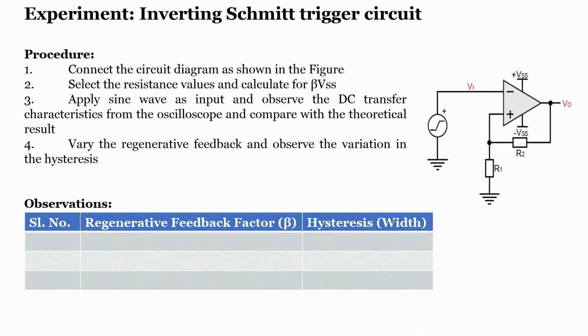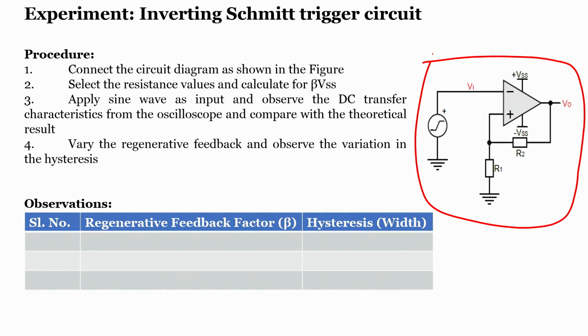So, when we look into the circuit and the procedure that we follow to do the experiment on a Schmitt trigger, we will be connecting the circuit in the same fashion. Before connecting it, we will also see the simulation. In order to do the simulation, let us consider a few different resistance values, and we will see the theoretical value of beta with the resistances we have considered, as well as the hysteresis width, and what exactly the lower threshold value and the higher threshold value are in this case. For that, let us consider different resistance values.